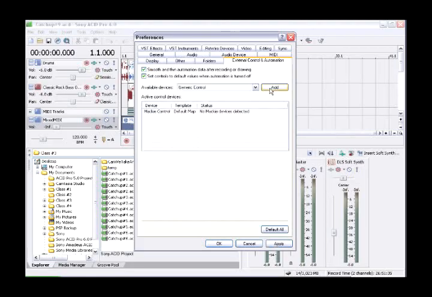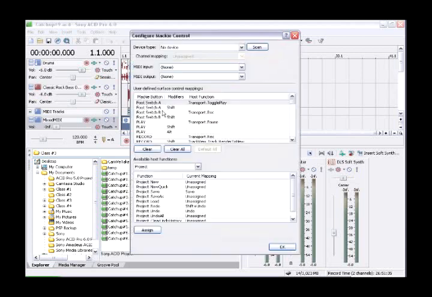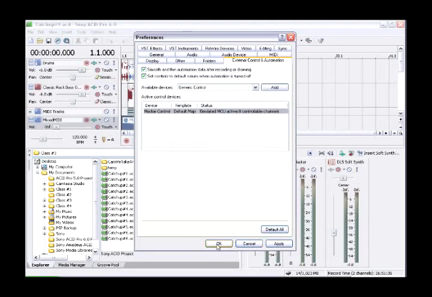Double-click the Mackie Control in the Active Control Devices list to open the Configure Mackie Control dialog. From the Device Type drop-down, choose Emulated Mackie Control Device and then click the Scan button. Set both the MIDI Input and MIDI Output drop-down lists to FW1082 Control. Finally, click OK to close the Configure Mackie Control dialog and then OK to dismiss the Preferences dialog. Now, choose Options, External Control to activate communication between Acid and your control